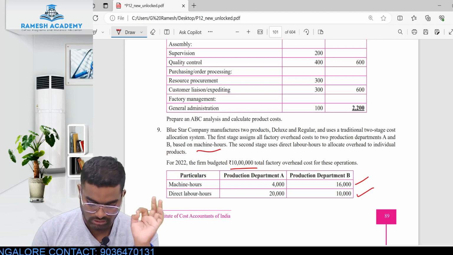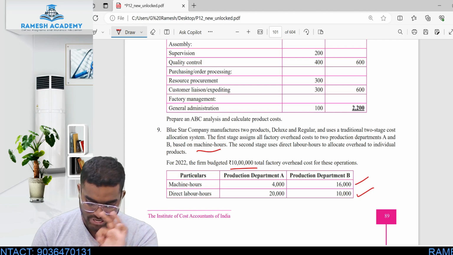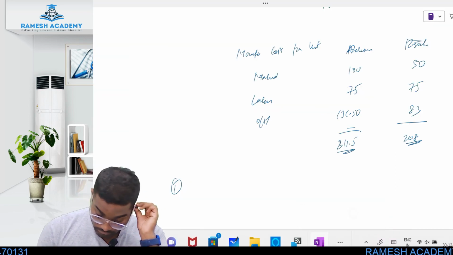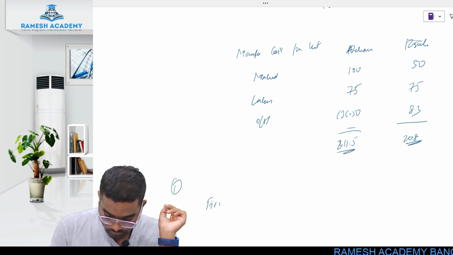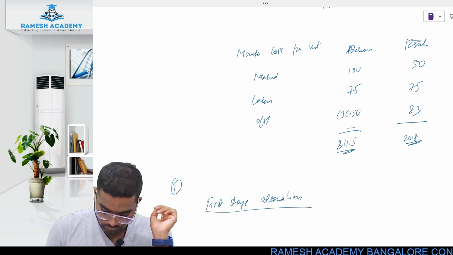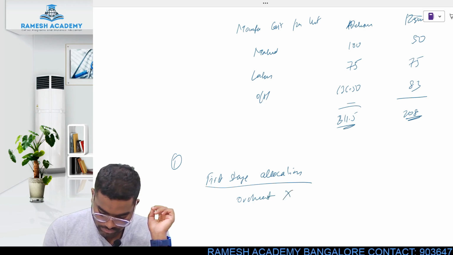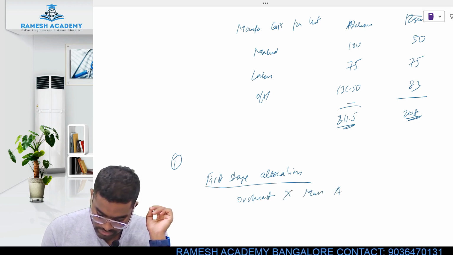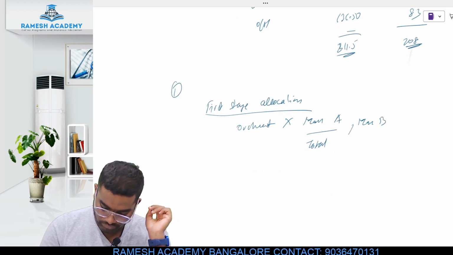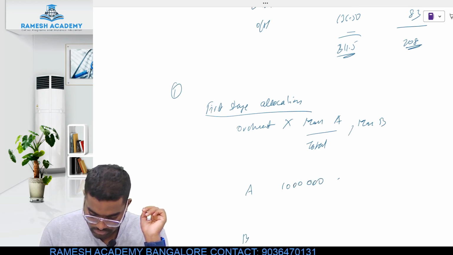First I'll do that. What is my factory overhead? 10 lakh. Then they are telling it to distribute to A and B based on machine hours, 4,000 and 16,000. First stage allocation. So overhead into machine hours of A by total machine hours. So A and B. So 10 lakh into